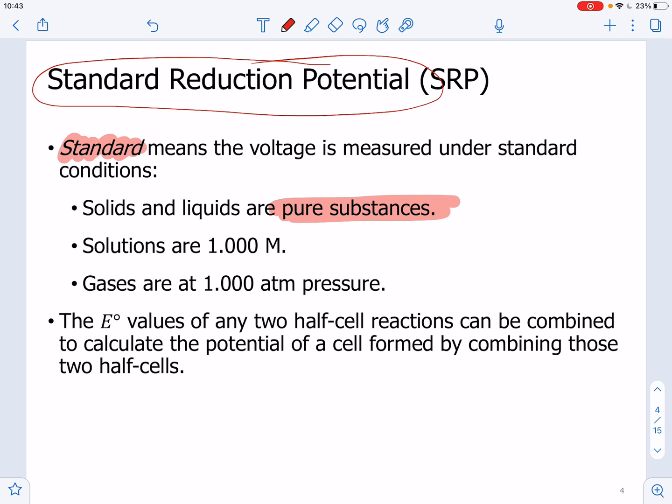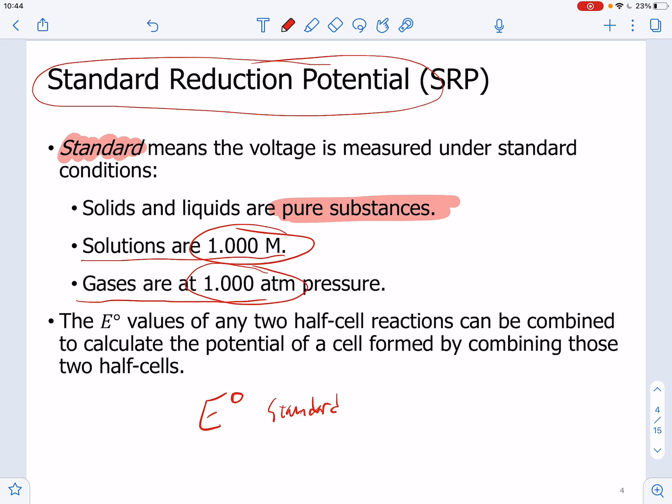But when it comes to anything that is in solution, then standard conditions for that solution has to be 1 molar solution. Alright, so those standard electrode potentials that you see tabulated, they refer to conditions in which if you have something in solution would be 1 molar, and if it's something in the gas phase, like in the hydrogen in the reference hydrogen electrode, then that gas is measured at 1 atmosphere of pressure. Okay, and thing to notice here, when you are referred to standard potential, you have the little circle here. Okay, so this is standard potential,